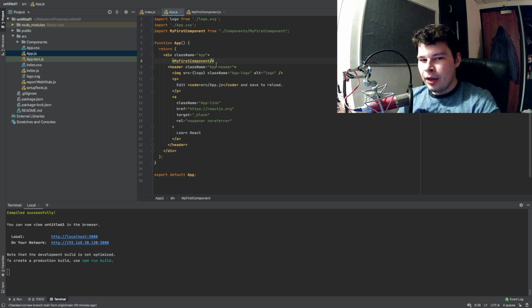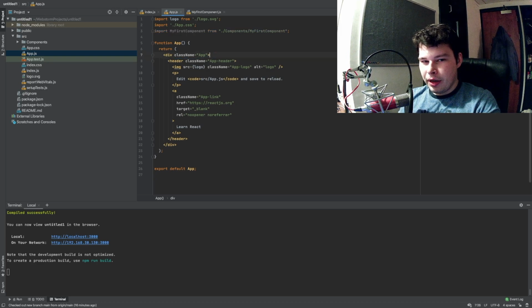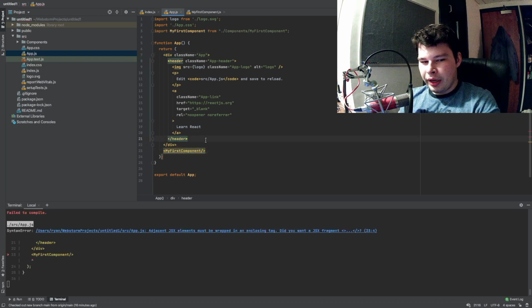That's fine, but they need to be wrapped in a div, or there needs to be a div containing all of the components. For example, if I was to put my first component outside the div here and try to compile this,